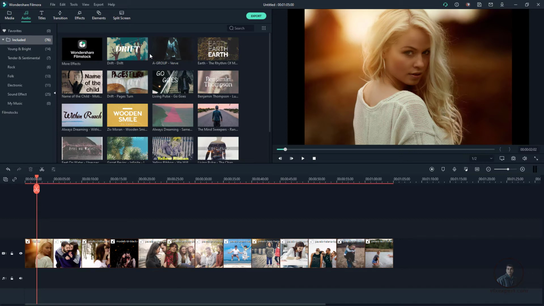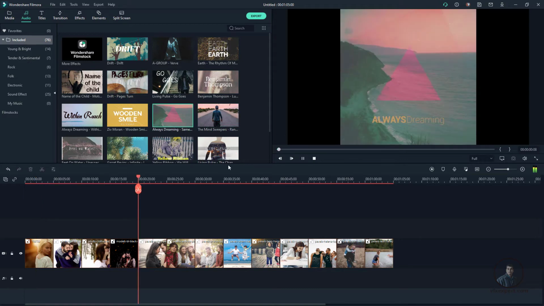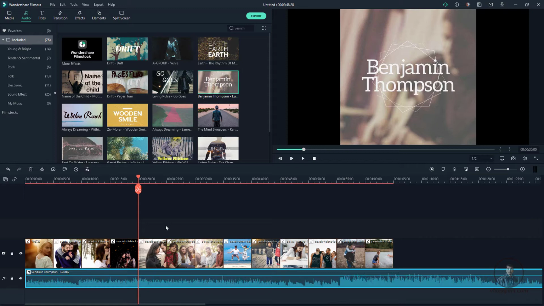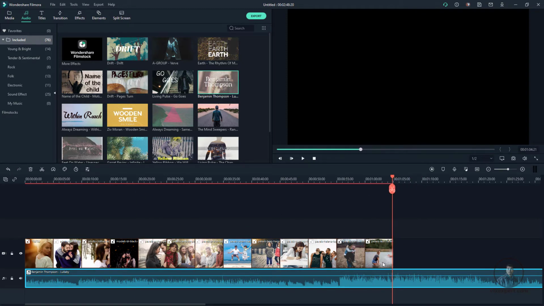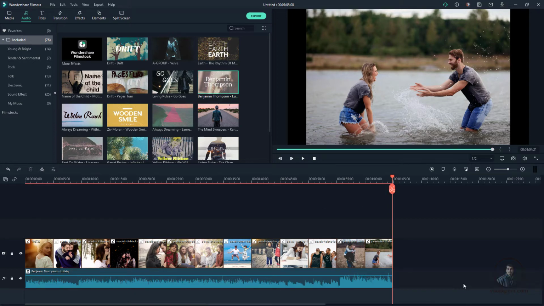First check our preview, then double click here. Now you can check the preview. I think this one is looking good. Then stop here, then select and simply drag and drop. After this, just place it here at the end, because after this there is no image here. If you want, you can trim this audio: select the audio and click on this scissors, or you can click on this scissors here. Just simply click here, then select the second part, this one, and delete this.